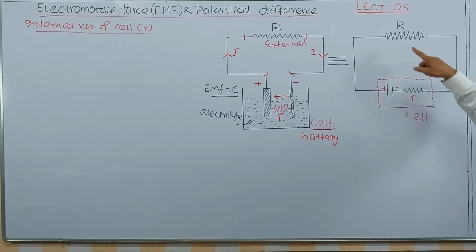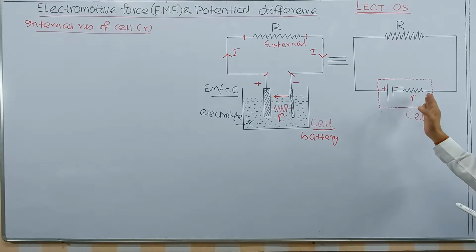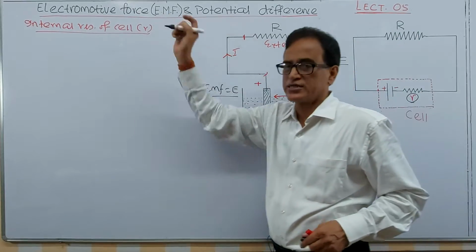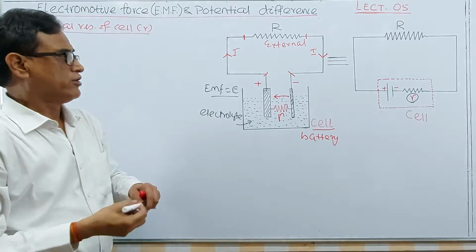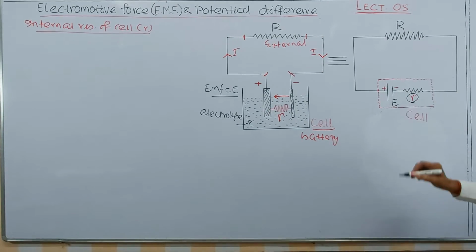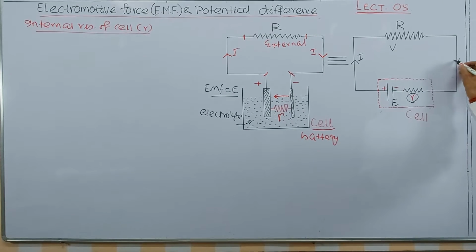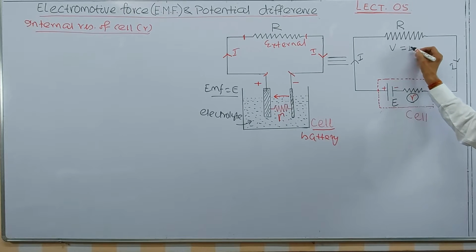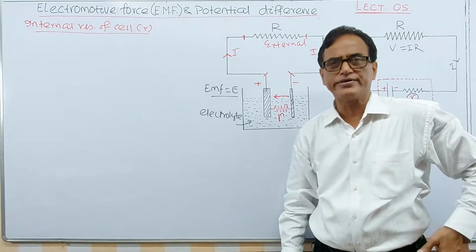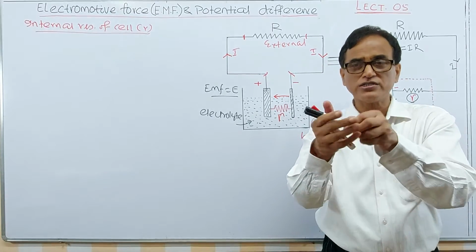Now the external resistance is connected here; capital R will be taken as the external resistance, and this will be taken as the internal resistance. Now I want to find out the formula for the internal resistance of the cell in terms of the EMF applied. If the current in the circuit is I, then the voltage across this is IR. This must be true, otherwise Ohm's law will be invalid. Ohm's law is V equals IR. What is V? V is the potential difference across any resistance.